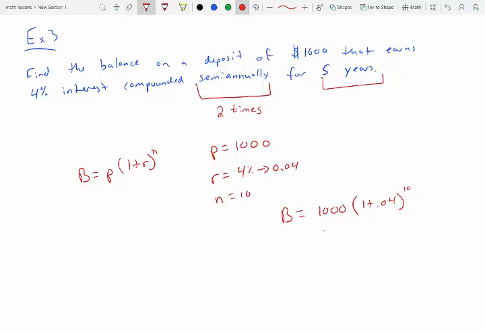So if I do this now, I have 1,000 times 1.04 raised to the 10. Do my exponents first, and I get 1.4802. And I'm going to keep the 4 decimals, and then I'm going to say 1,000 times 1.4802, and my balance is going to be 1,480.20. So instead of making a table, we used an equation, followed order of operations, and we got our answer of